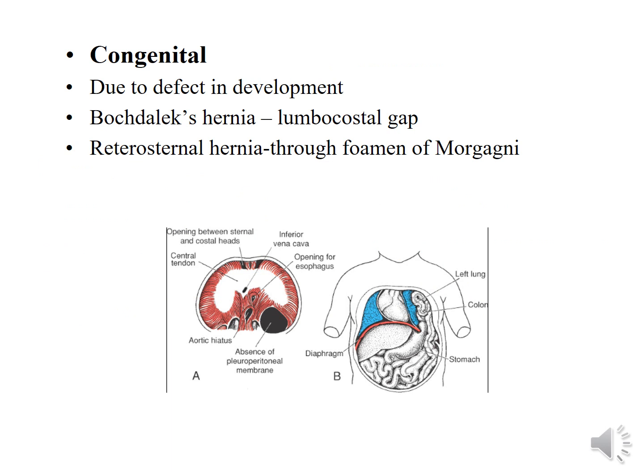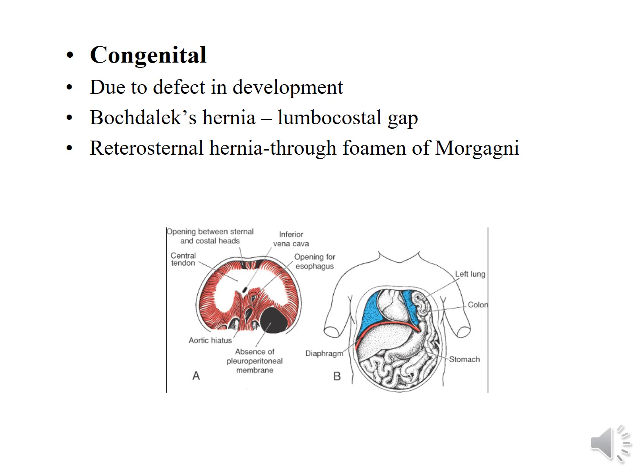Congenital hernias are due to a defect in the development of the diaphragm. The most common type of congenital hernia is Bogdalek's hernia, or the left-sided hernia. We already know that the diaphragm is mesodermal in origin, and most of its part develops from the septum transversum. But the pleuroperitoneal membranes are also contributing to the formation of the diaphragm. So if there is any deficiency in this pleuroperitoneal membrane, it will result in Bogdalek's hernia.